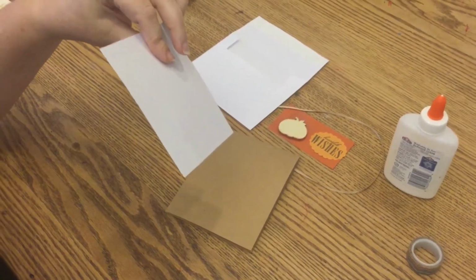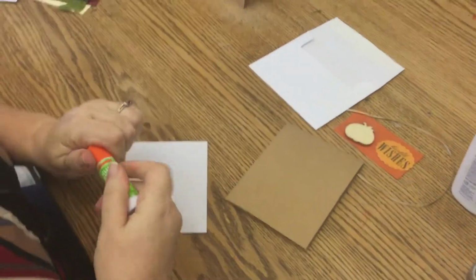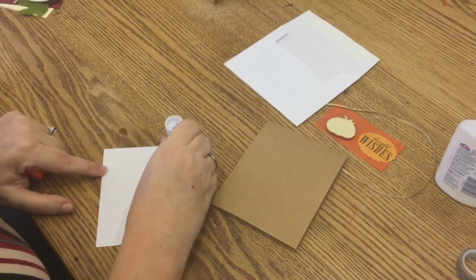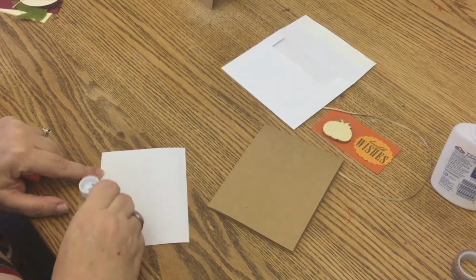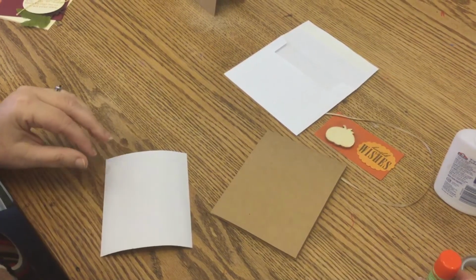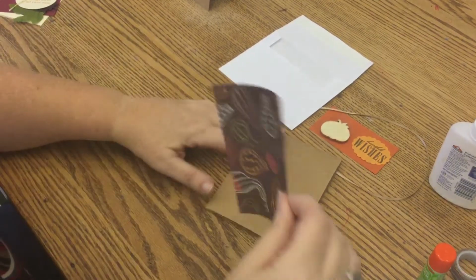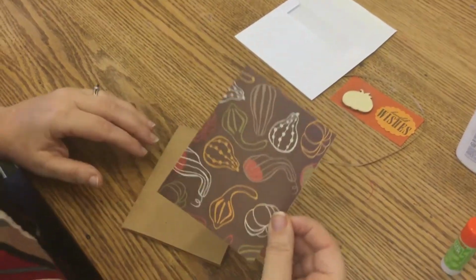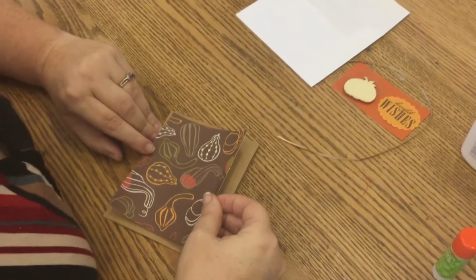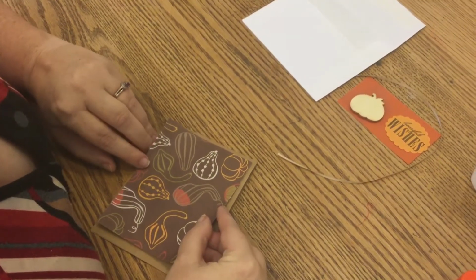There's different thicknesses of paper. I don't know if you guys can tell. This one's thin, so I'm going to use a glue stick because that would make it all bumpy. We don't want bumpy, do we? So I'm going to add glue, and I don't know if you guys saw, but I made sure that there was some glue on the corners. Corners are notoriously popping up and stuff. So you want to look over the top of your card, sorry if you guys see my head,